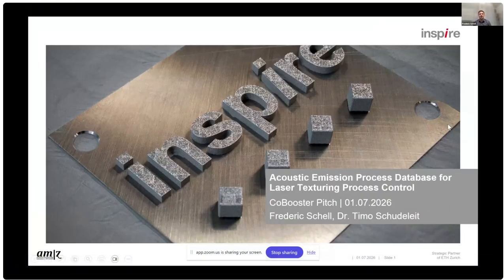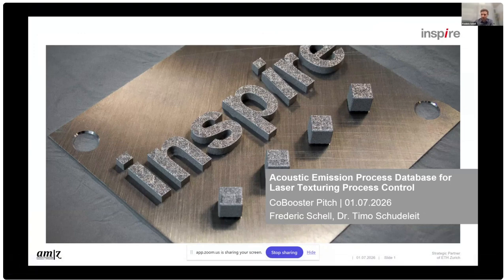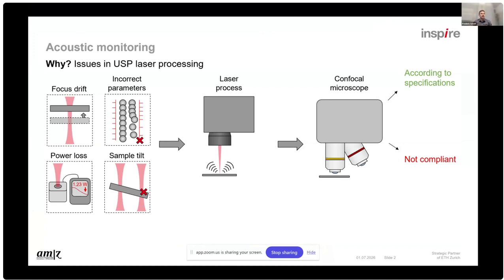Okay. Well, I want to present you today our project idea regarding acoustic emission process databases for laser texturing process control. The main idea behind it is to look at how a laser process, which is usually very precise, can go wrong. And while the process is very precise, it also requires that we keep a very tight processing window of tolerances in order to make sure that the parts we manufacture and the textures we process are according